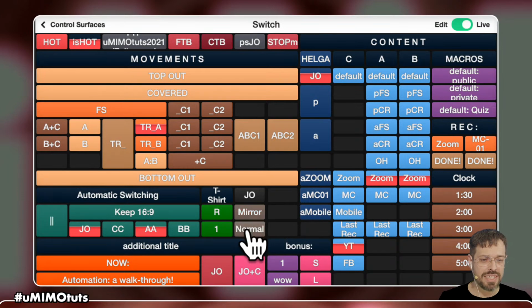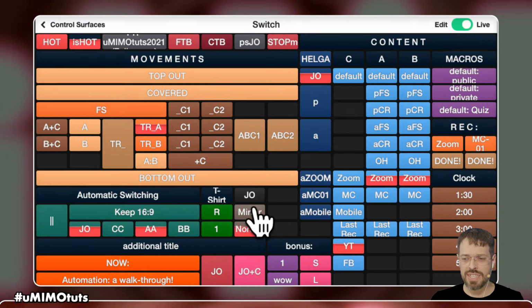Here I have a button to place myself, to bring myself to normal, and to mirror myself. As you can see, I'm switching the persons. Regularly I'm mirrored because it's much easier for me to interact with the audience when I mirror myself. You know this all, I think, yes. But sometimes it makes sense to have it normal, especially when I turn my face into the direction of this